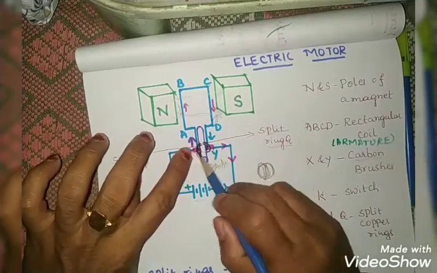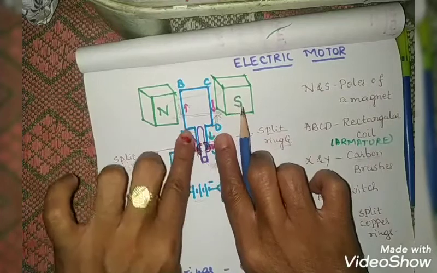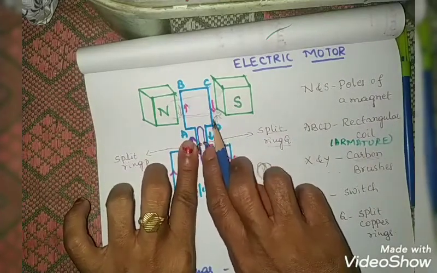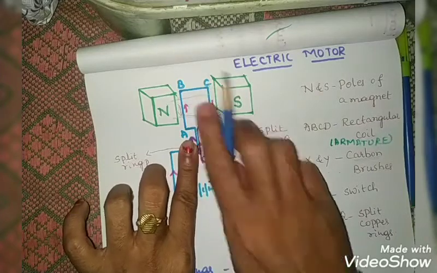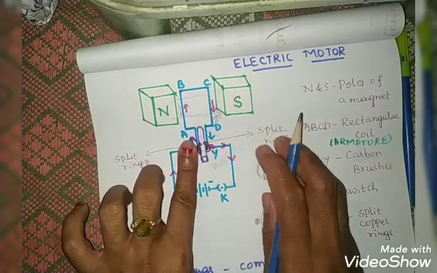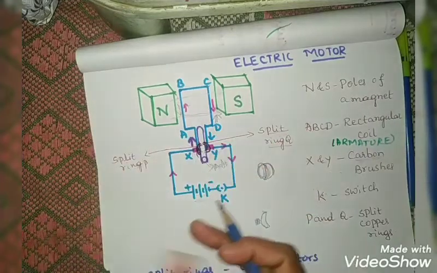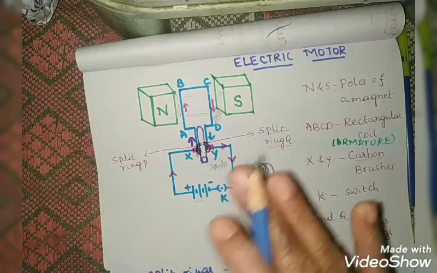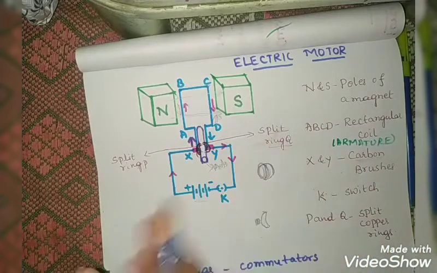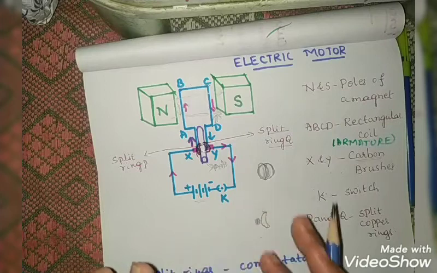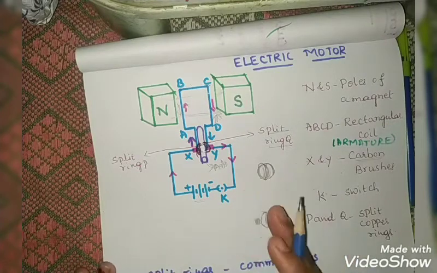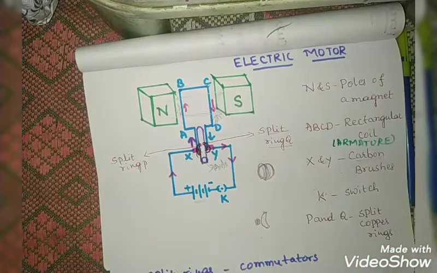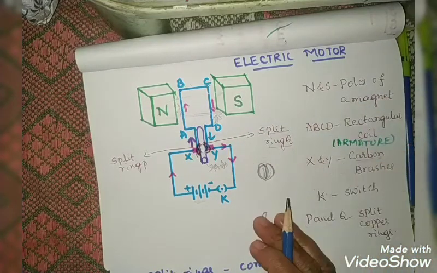But these two brushes are there, no? These are stationary. They will be in their place only. What is moving? Only the split rings are moving along with the copper coil. So they change their places and thereby reverse the direction of the current, and thereby keep rotating. Whenever it rotates, spins, the mechanical force is induced there. Mechanical force is observed there. So whenever we switch on, the fan spins.